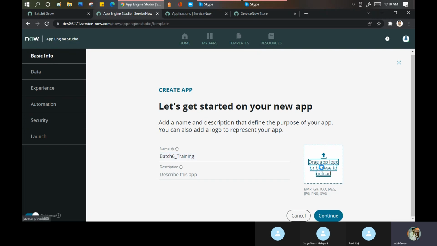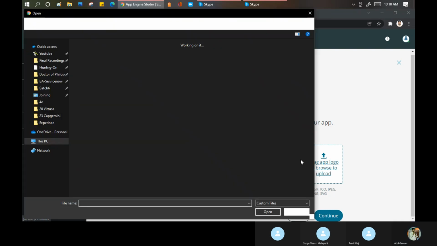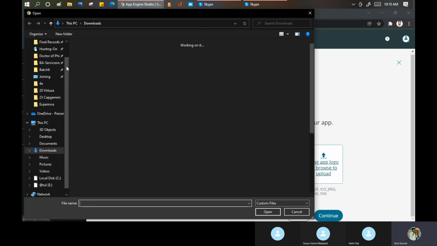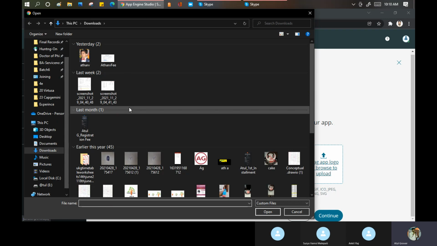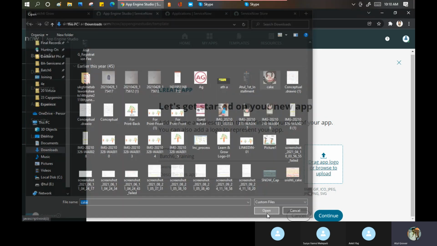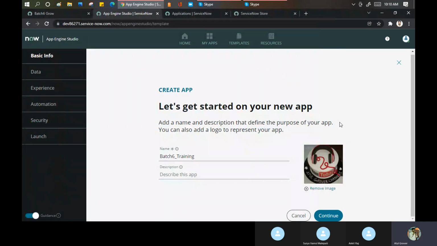Yes, I can put a logo as well. That's all, nothing else besides this. Nothing new is there in the application scoping. Let me put something, this one. Okay, I have done this. If you want to put any description, you can put. Click on Continue here.